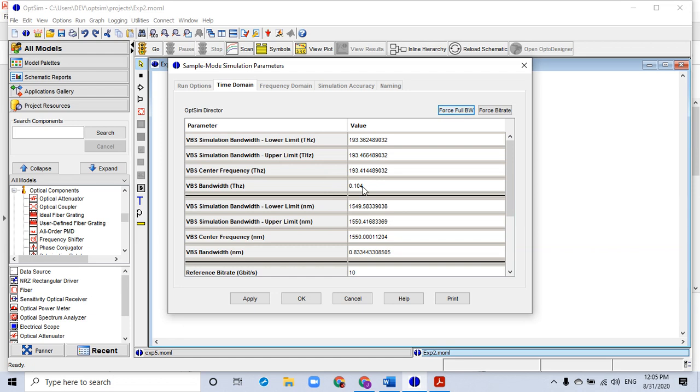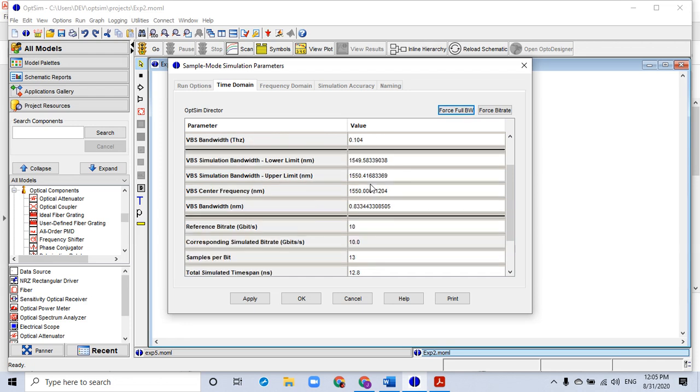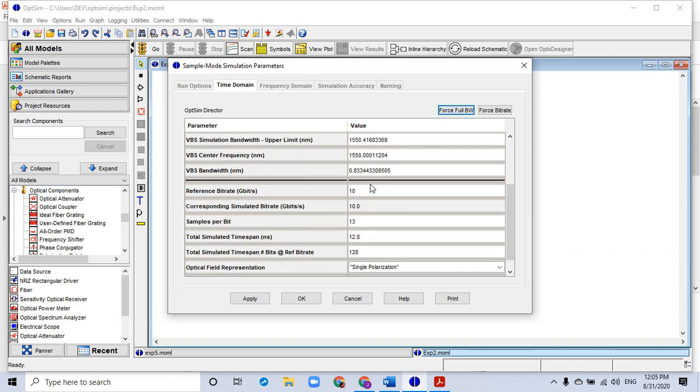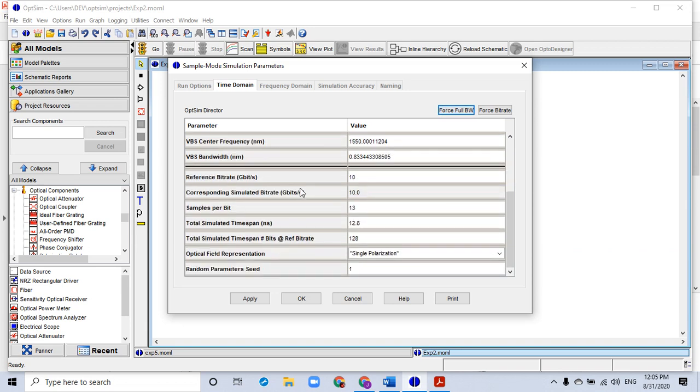The bandwidth is in terahertz because here we are operating in terahertz frequency. Optical communication takes place in terahertz frequencies. All these different parameters you can go through. The ones that are in white can be changed; the ones in gray you cannot change.